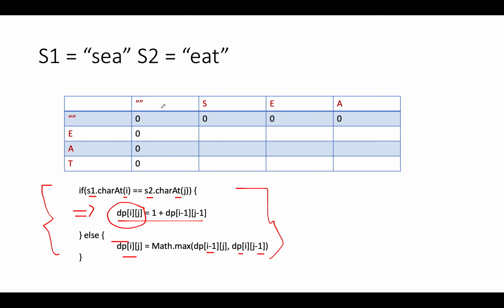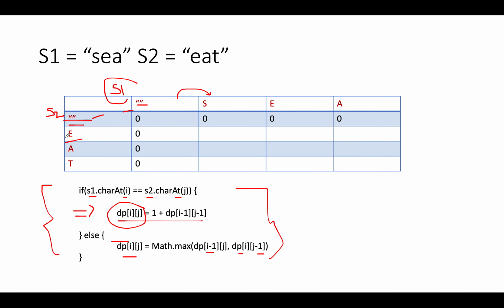So I've placed S1 as the columns and S2 as the rows, and the first base case is that the first string is empty, and we gradually take into consideration each character as the length increases. This is a base case where S2 is empty, so each element in the first row is 0, and for the first column, when S1 is empty, each entry in the first column is 0. So let's build the remaining table.